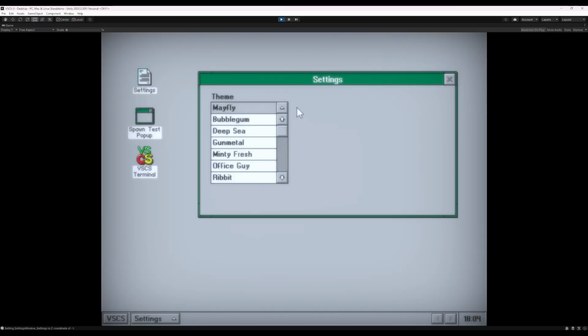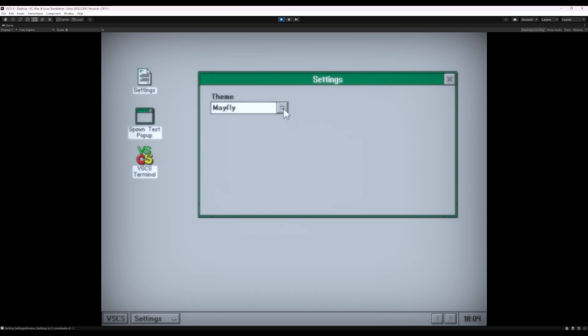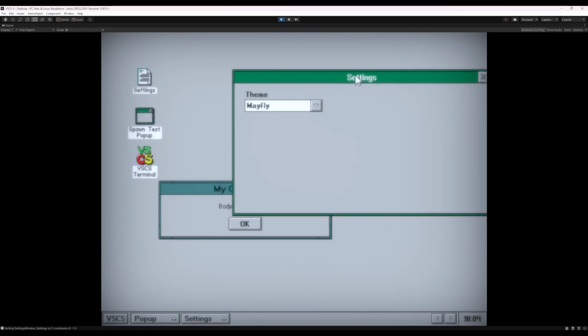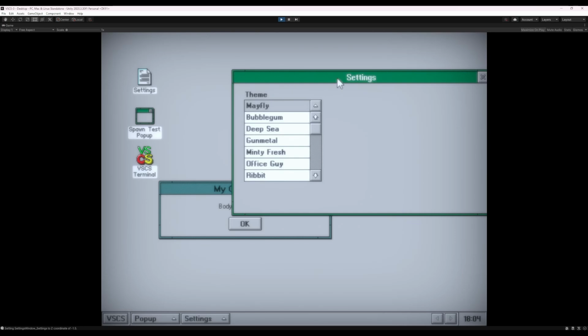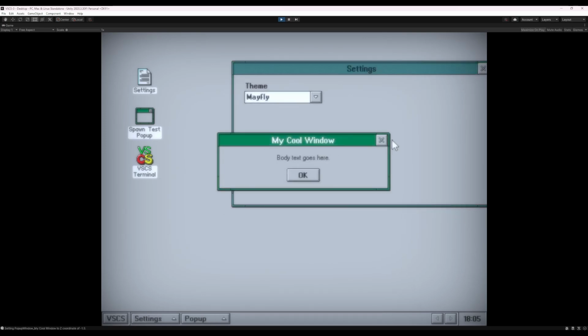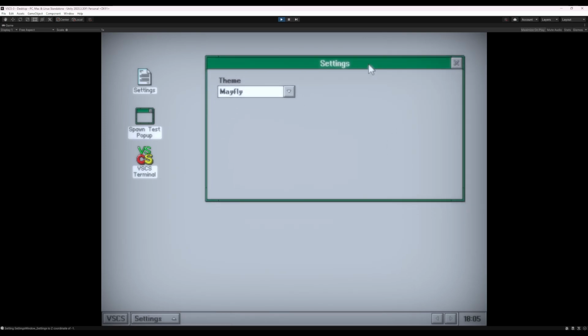But yeah, I've got a kind of general handler for that, making sure when you click outside of a rect transform that a component can handle that. And I believe that should, if it doesn't, I'll be embarrassed, count for other windows as well. Yeah, it'll minimize when you just click anything that isn't this little rectangle here. Again, little things that you always have to consider that you may not think of. That's a very strong running theme in these videos.